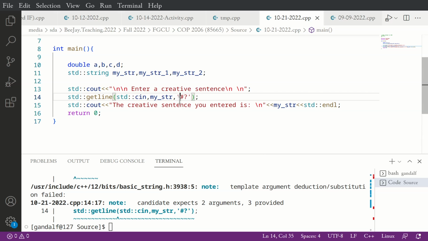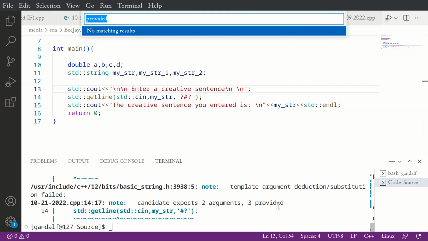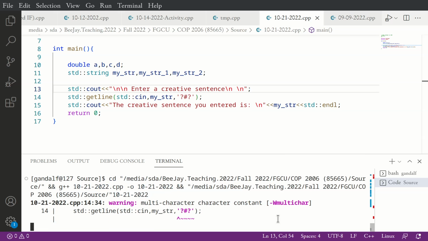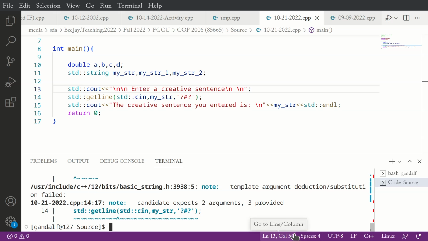So I'm going to put question mark pound question mark. Did I save? Still is an issue.